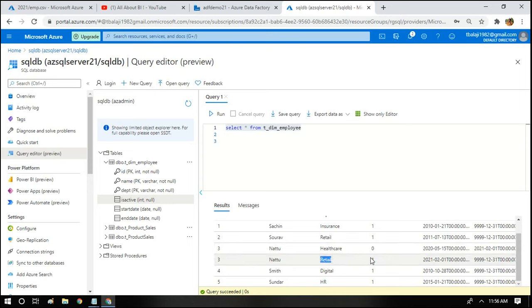That's why it's updated with 1, and the start date is today's date, end date is 31st December 9999. Similarly for healthcare, from 15th May 2020 till today it was active. And Sundar also has been inserted with the active values.